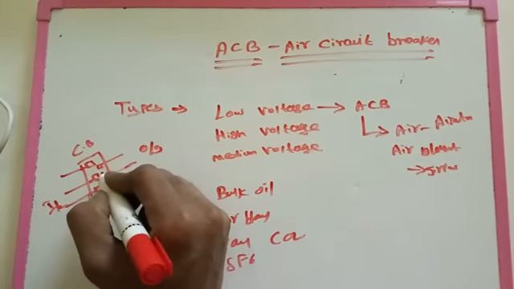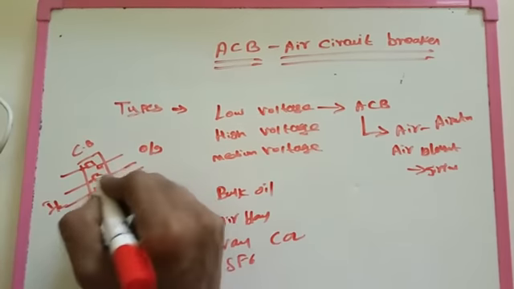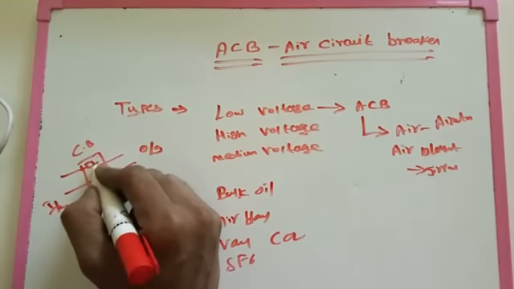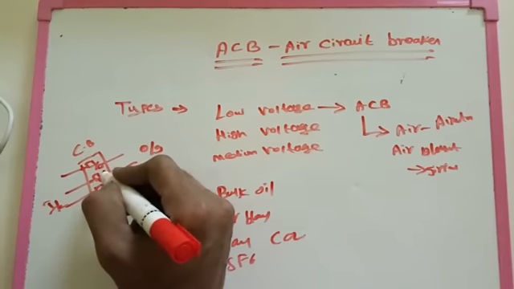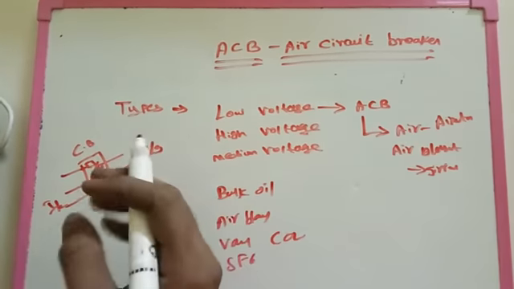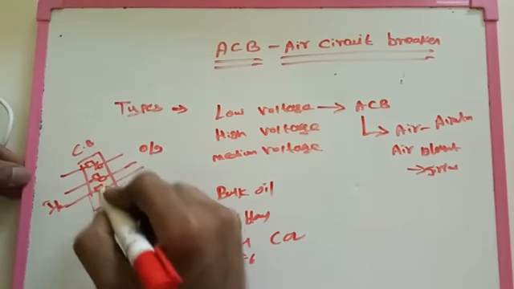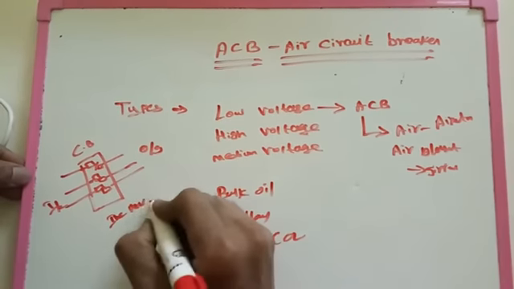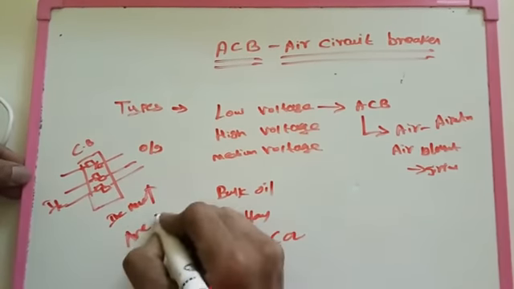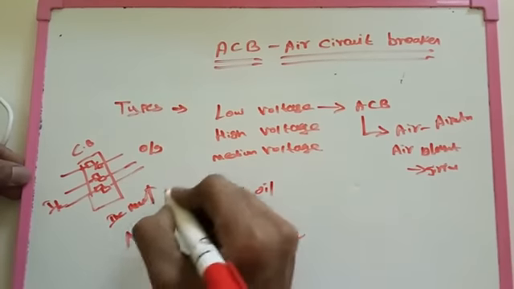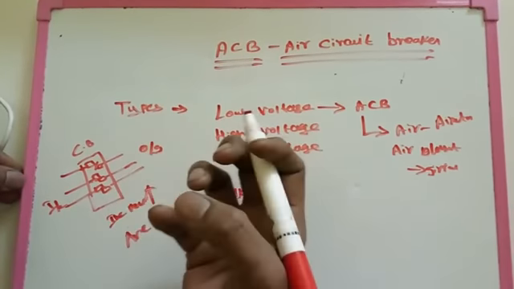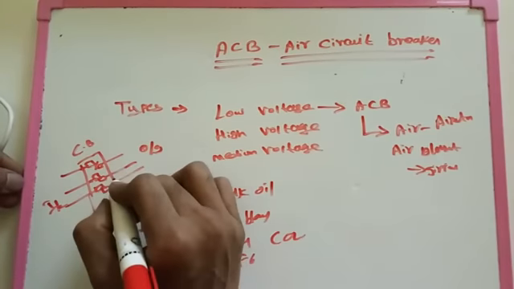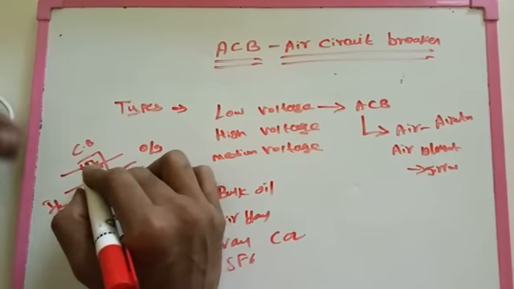So we need to switch off or switch on here. At the time the poles are taken out, that means split out from each other, some arc will be produced here. Those arcs are going to increase the arc voltage and then the arc resistance. So this resistance is going to increase the arc current. That current increase is damaging the device. So that's why we need to neutralize the arc.